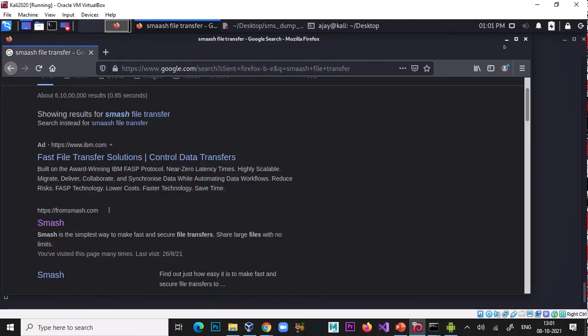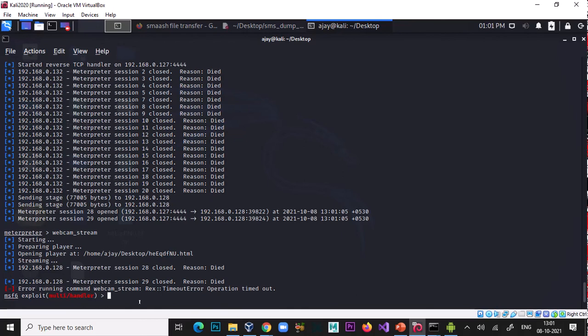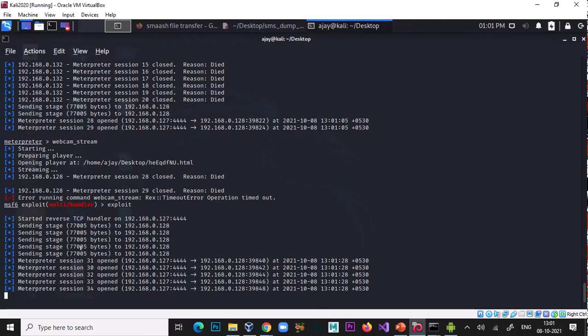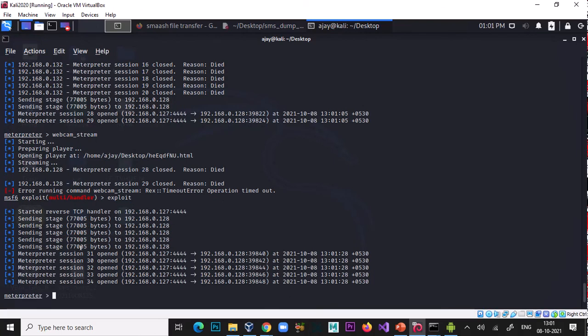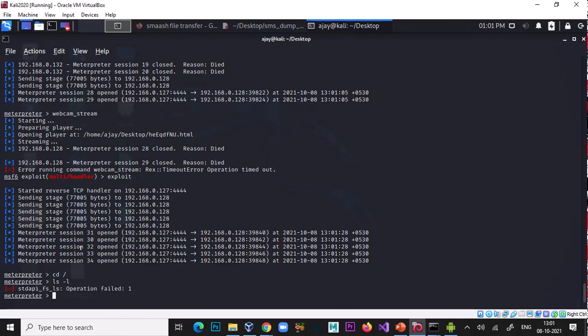No, it's not work properly. Here you can type cd, ls hyphen l.